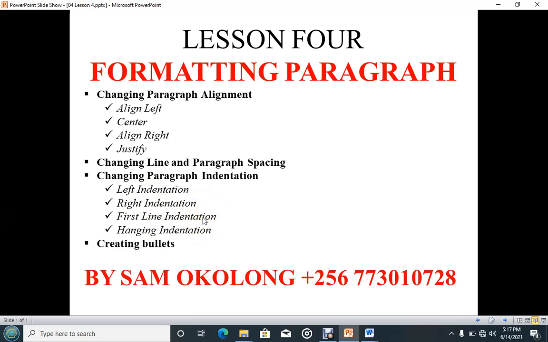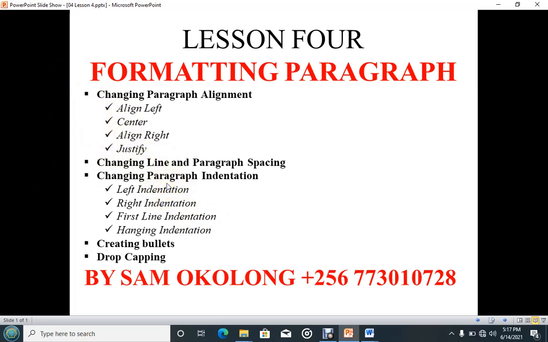After that, we are also going to look at how to create bullets to our document. For example, you may want your document to look nice. In order to do that, you may want to provide numbers or bullets of a list, like what you can see here. These ticks here are the bullets, or you can just use numbers like 1, 2, 3.